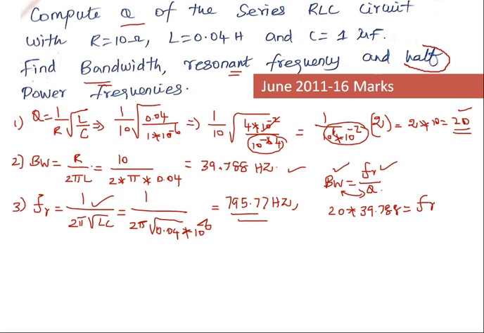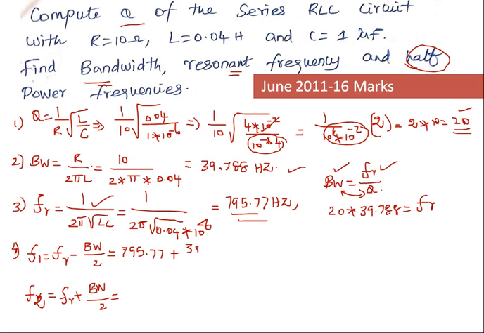Now half power frequencies. What are half power frequencies? Already we discussed in the previous video. The lower cutoff frequency F1 as well as upper cutoff frequency F2. What is the formula to calculate F1? F1 is nothing but FR minus bandwidth by 2. What is the formula to calculate the upper cutoff frequency F2? FR plus bandwidth by 2. The resonant frequency is 795.77 plus bandwidth by 2, 39.788 divided by 2, which is equal to